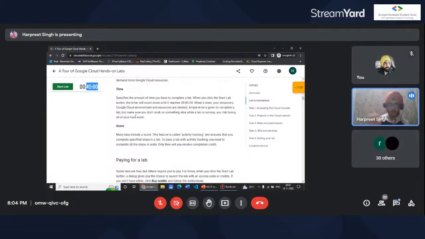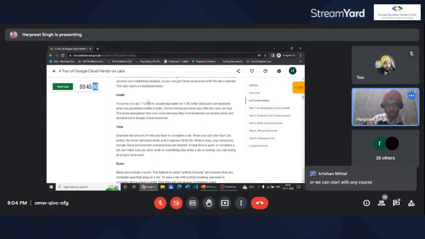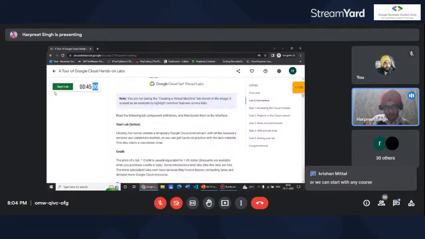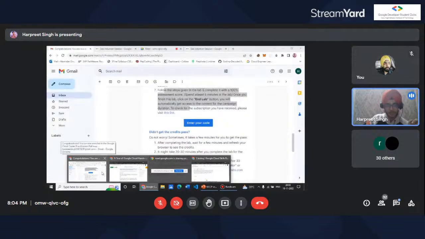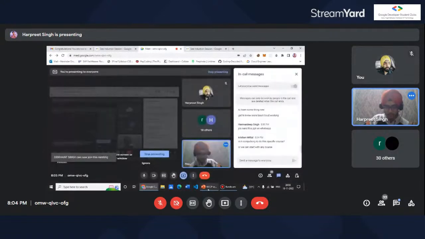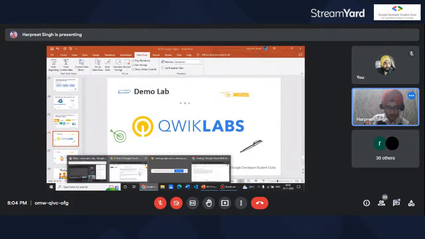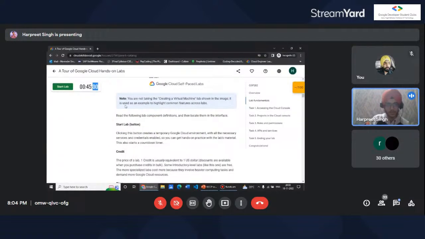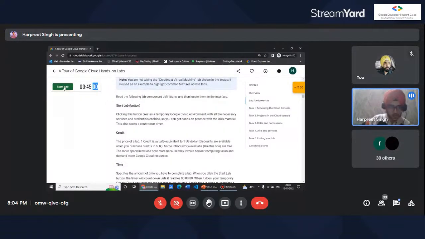Remember that if you have clicked onto the start lab, you can't do any other work because you have to complete it. Otherwise, the time will go, and there are specific attempts to complete the lab, right? So whenever, remember to click on the start lab when you have proper time to complete it, then only it will be great. Okay, so if I am clicking on start lab,